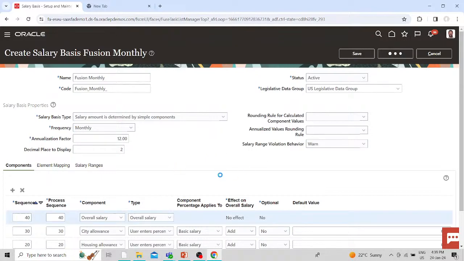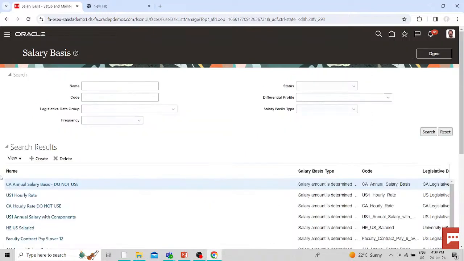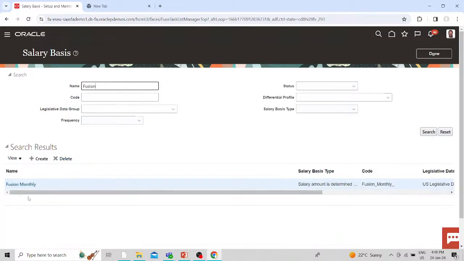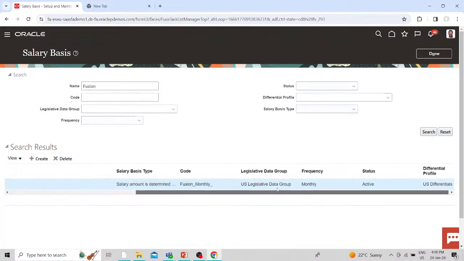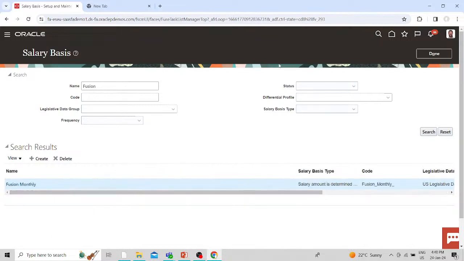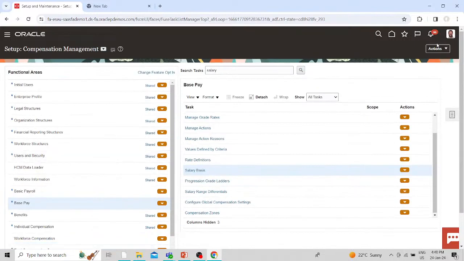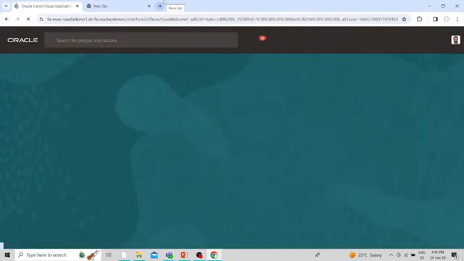Now let's click on the save and close option. So let's search for the salary basis we just created here. Here you can see that now we have to hire one employee, and then we have to allot the salary basis to that employee. Okay, so for that we are just going to go to the home page,